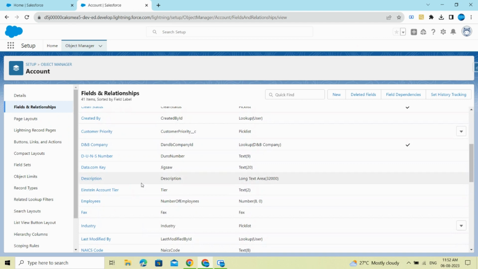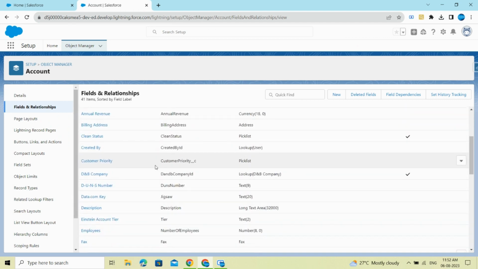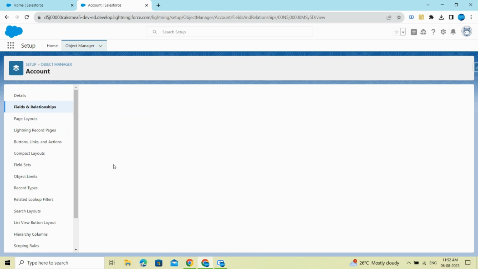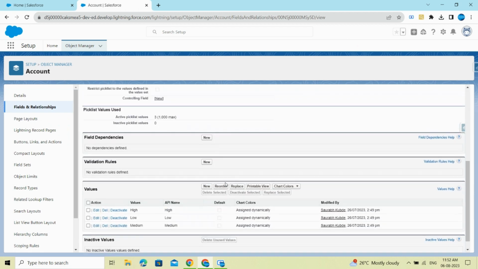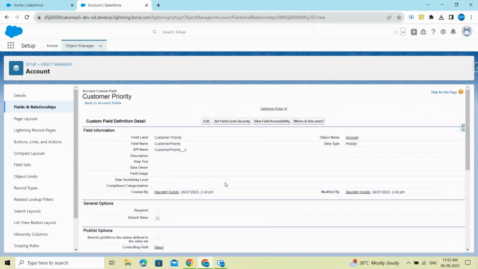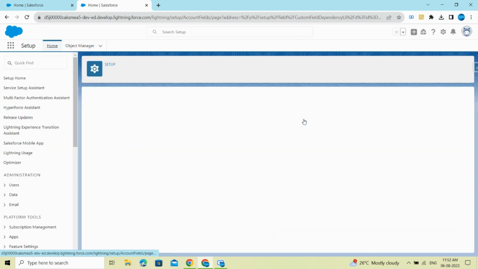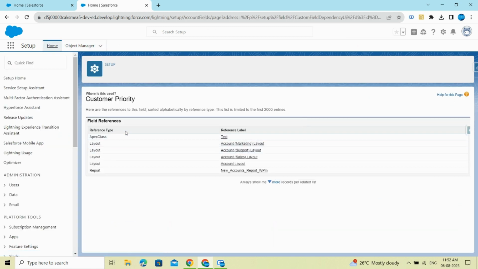So here you can see this is the custom field. I want to find out the places where this field gets used, so I'll click on this customer priority field. After that, the detail page of this field will open, and in here you can see the button "Where is this used". Then click on this button, and here you can find out this field is used in